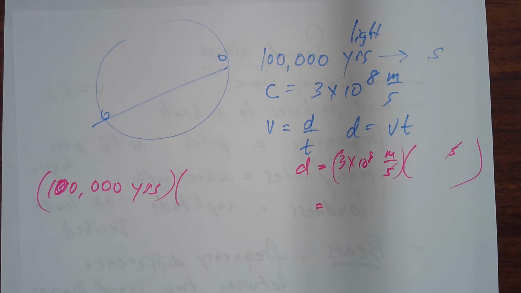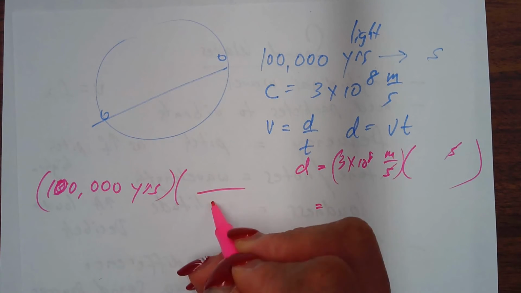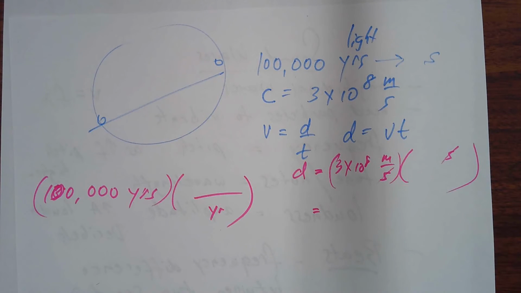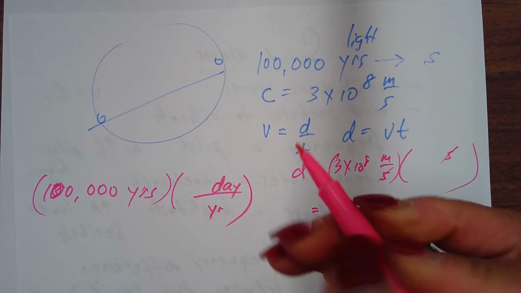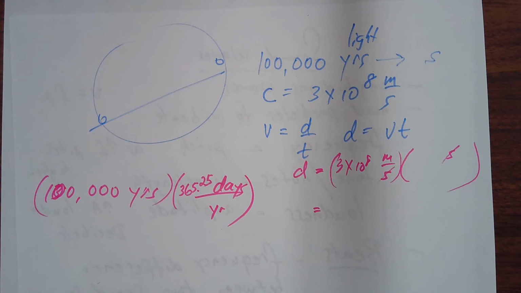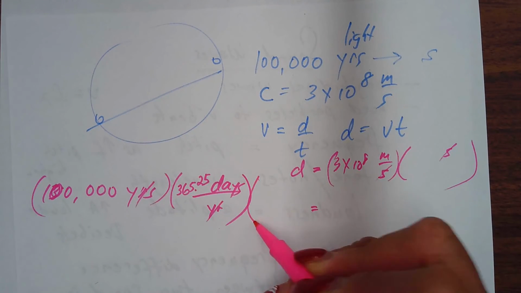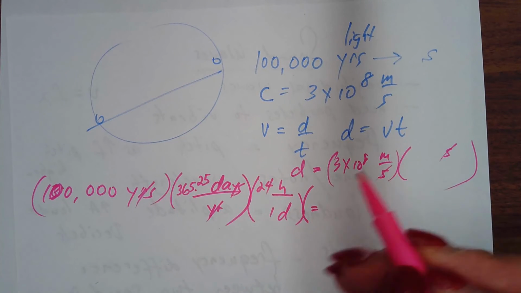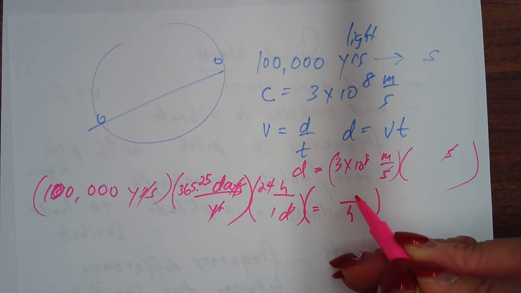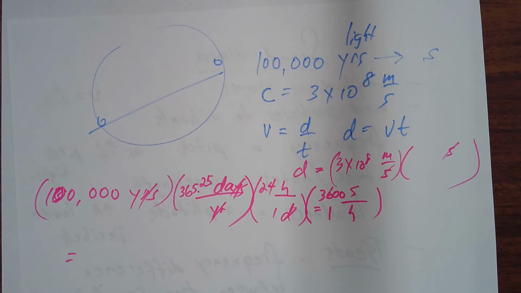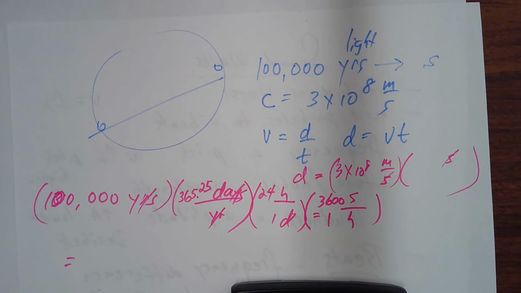100,000 years, how many seconds is that? Do you guys know how many seconds are in 1 year? Okay, so years to days. For days, let's use 365.25. That's how many days you have in a year, so you have to put that 0.25 there. Years are gone. Days. A lot of numbers.